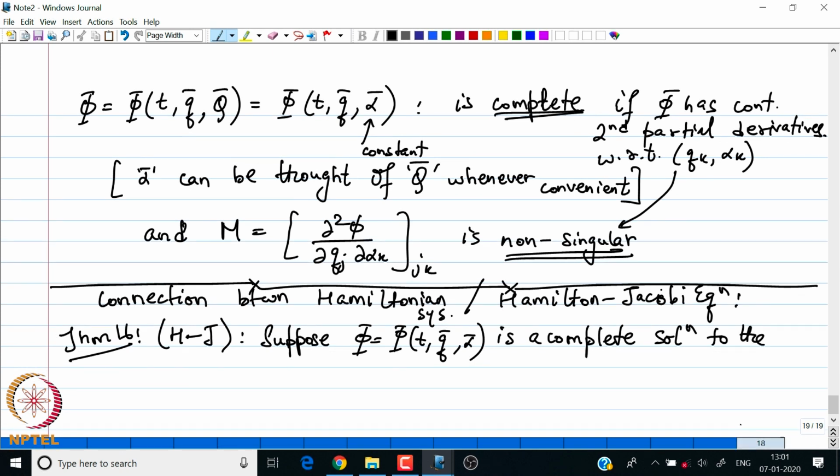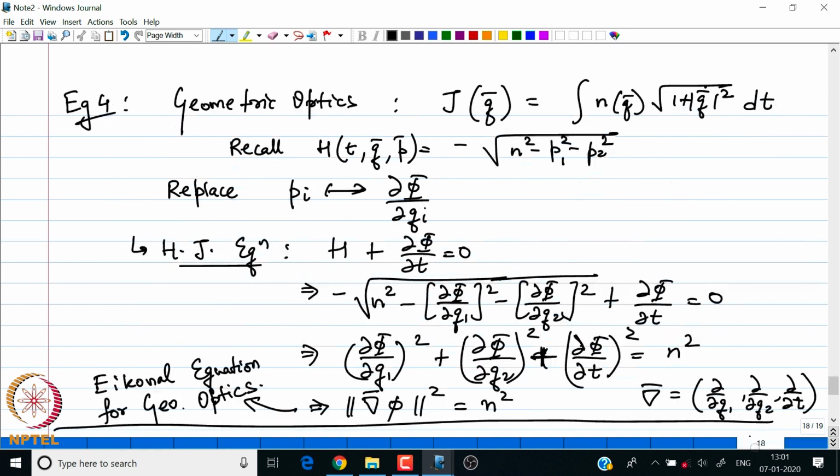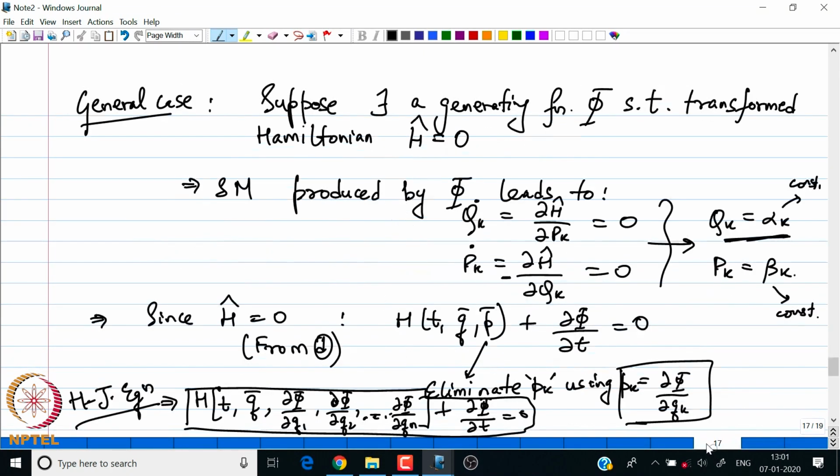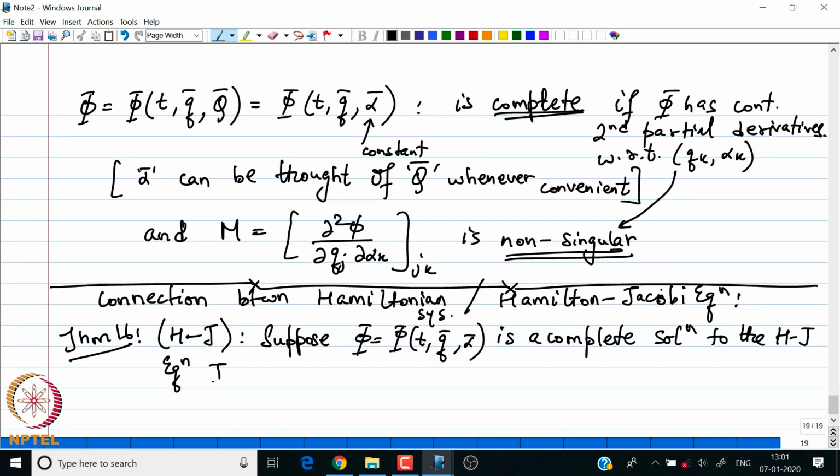So where is my solution to the H-J equation? Well, I need to number some equations here. So my H-J equation is the following. This I term as A. So this is my H-J equation, equation 1. Okay. So suppose phi is a complete solution to equation 1, then